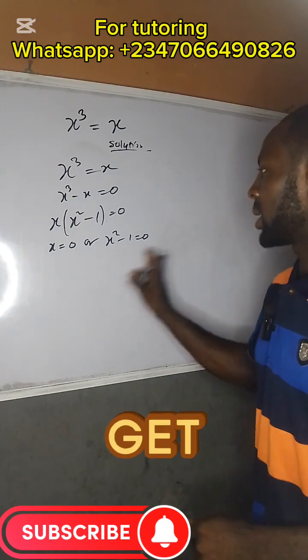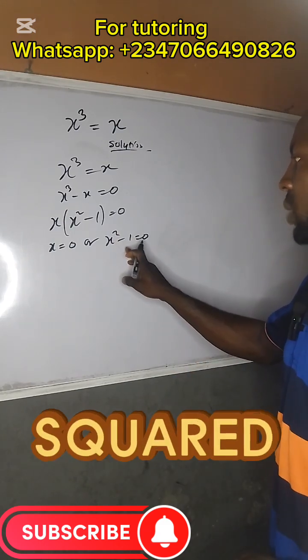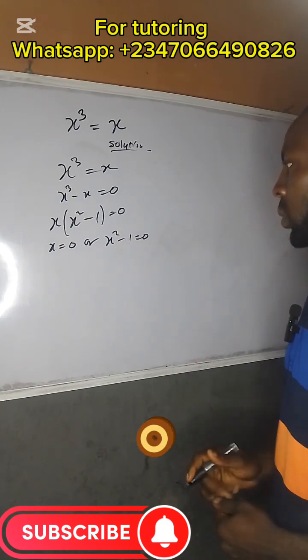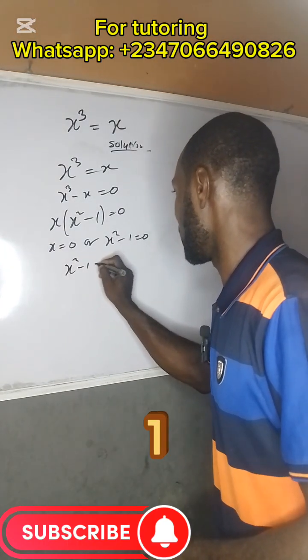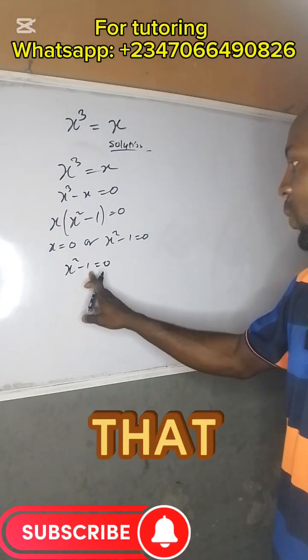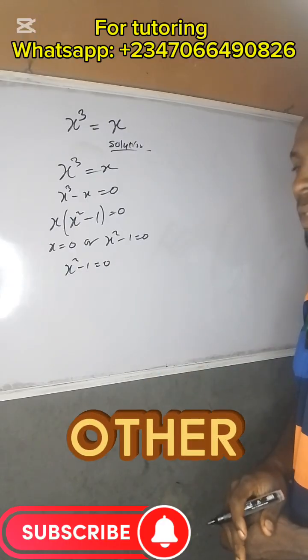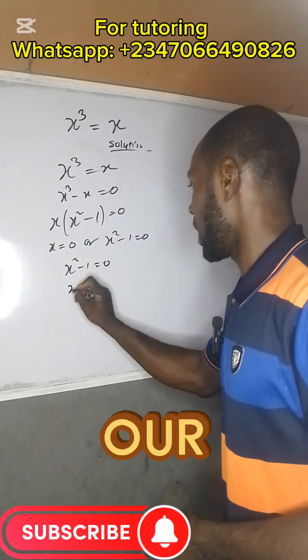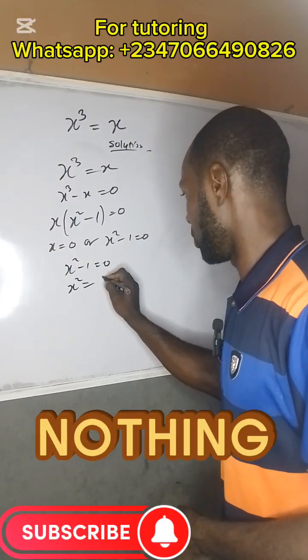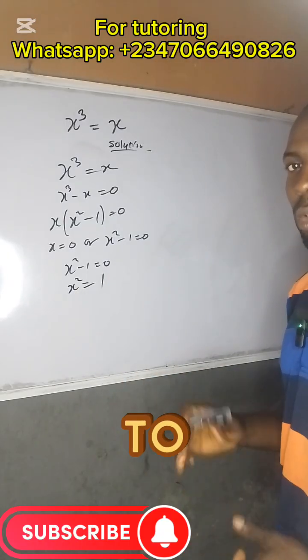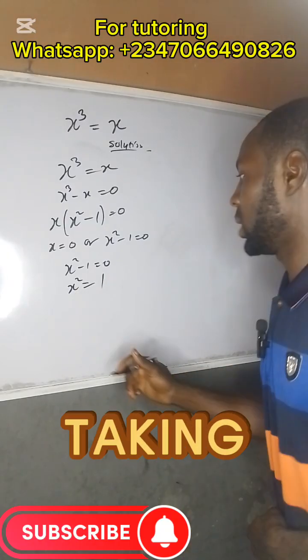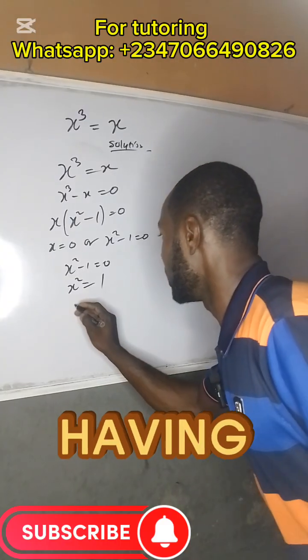Now, for us to get the other value, we are having x squared minus 1 is equal to 0. So let's take this one as x squared minus 1 is equal to 0. By doing that, we can easily take this one to the other side, which means we now have our x squared is equal to nothing but 1. Right. This is squared, so we can easily take the square root of both sides. By taking the square root of both sides, we will now have